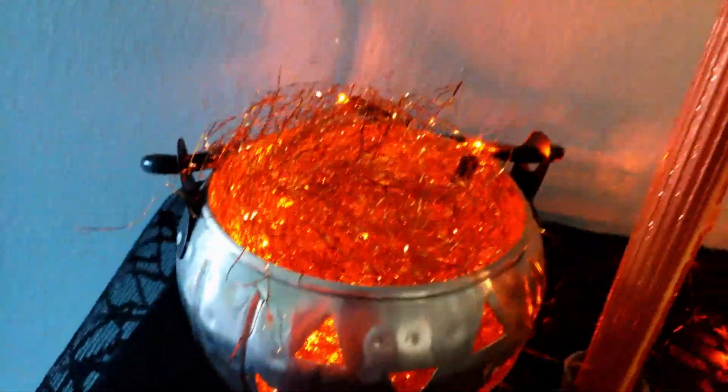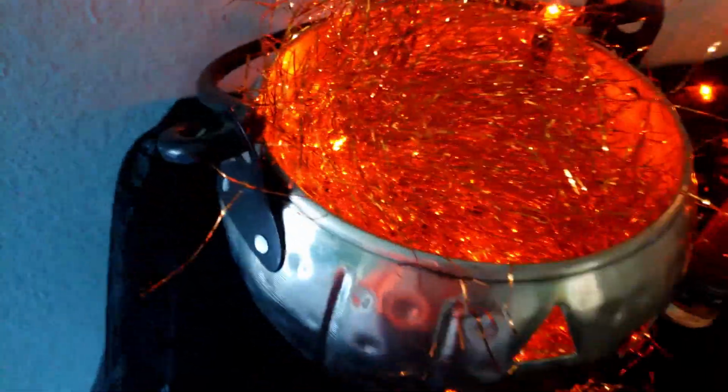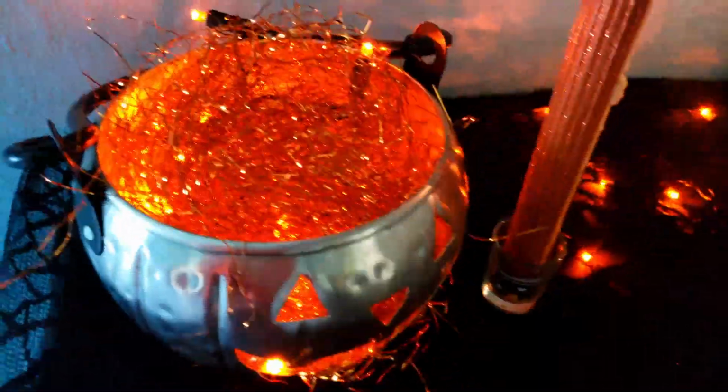You know, only having one box of decorations really forced me to think outside the proverbial box. I have this crinkle, I don't know what you call it, but it really has been very useful over the years, and I just keep putting it back in a little Ziploc baggie, and you use it again the next year in a different way. So I had these candles, which I thought, I'm not really using these candles. Why not? Let's get them out and use them. So again, forcing myself to use a few little things